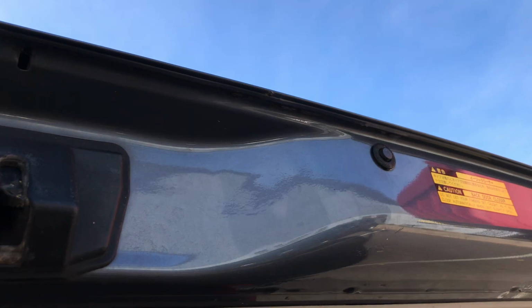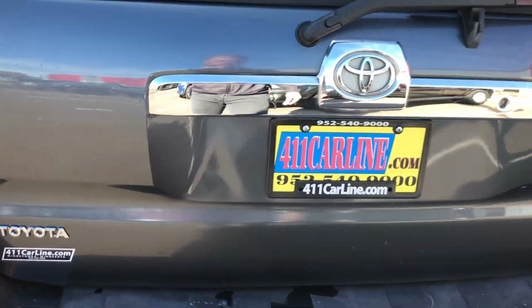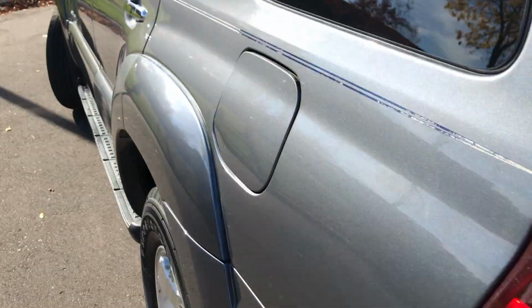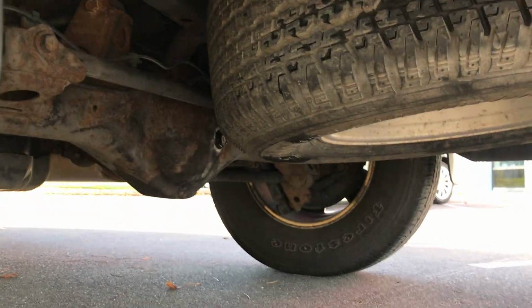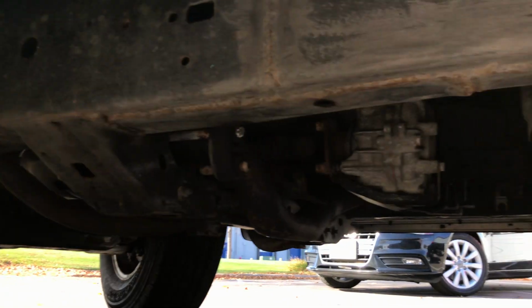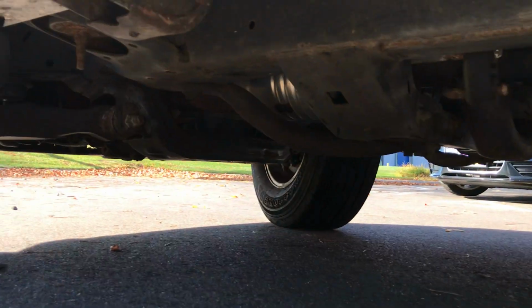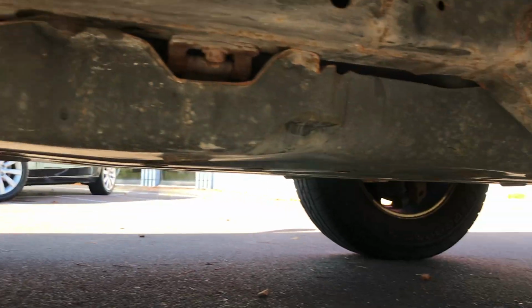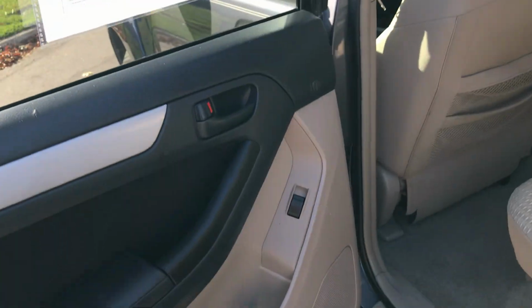Show you along the edge of the door here. It's pretty good. Of course, with these 4Runners, you just shut the gate and it pulls itself shut. The underside here. And the underside here. And looks like it's just got the surface starting. If someone really wanted to, they could wire wheel that and clean it up and prep it and coat it, but